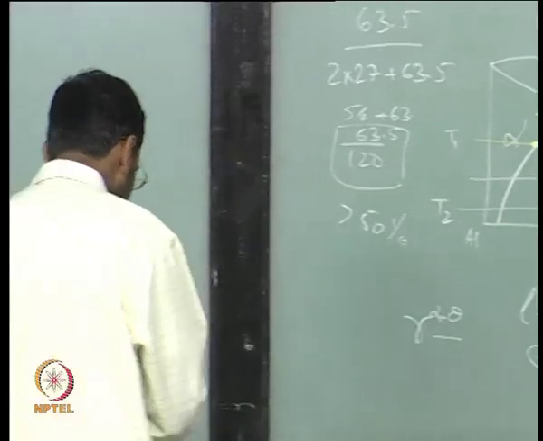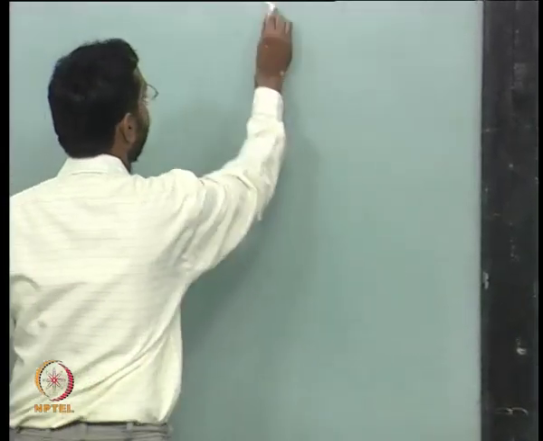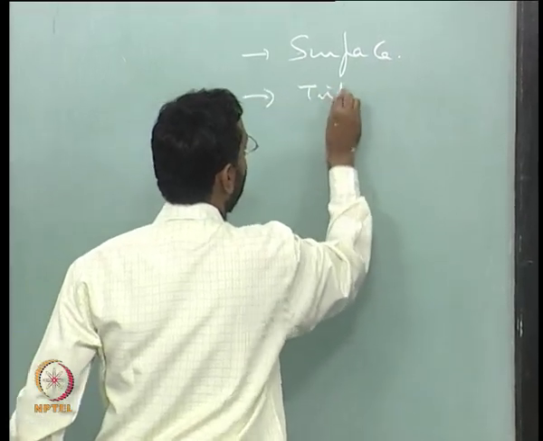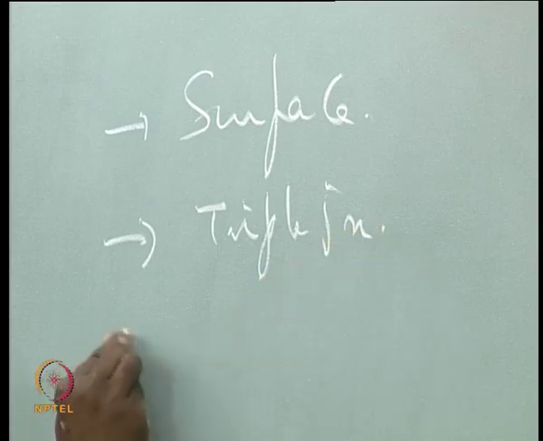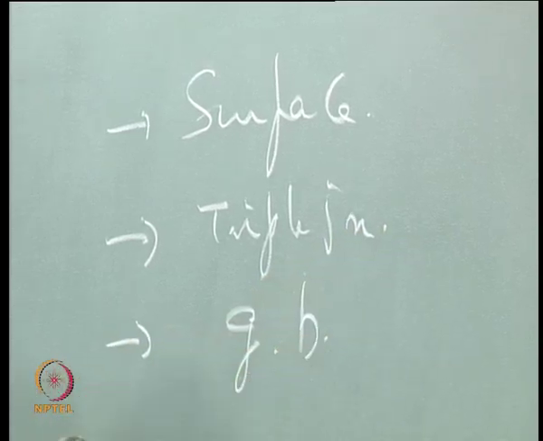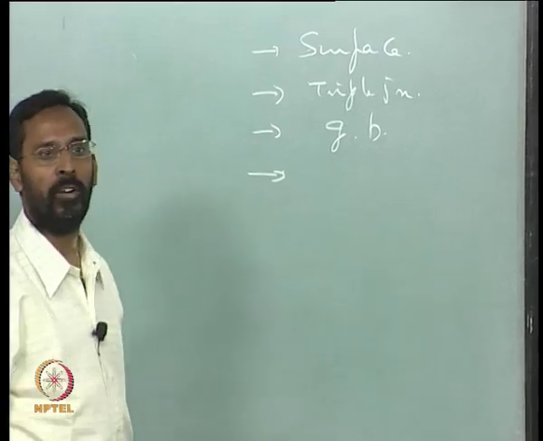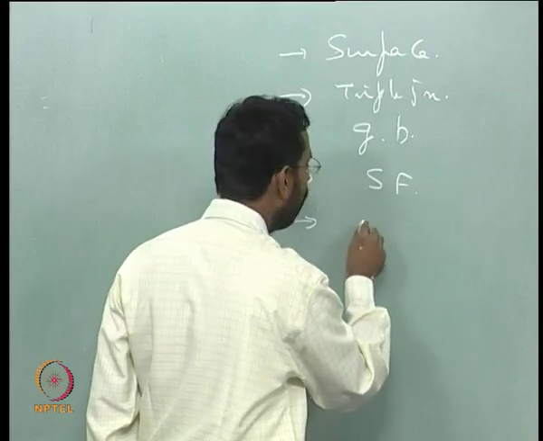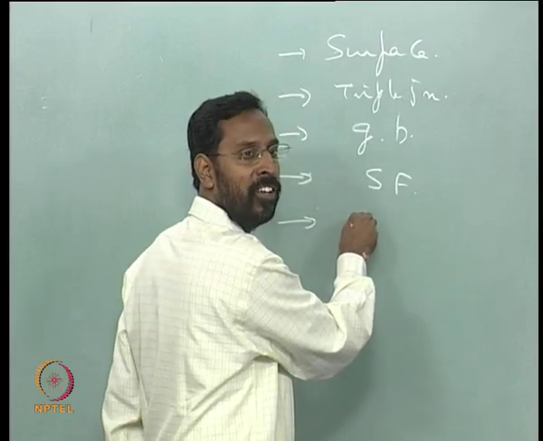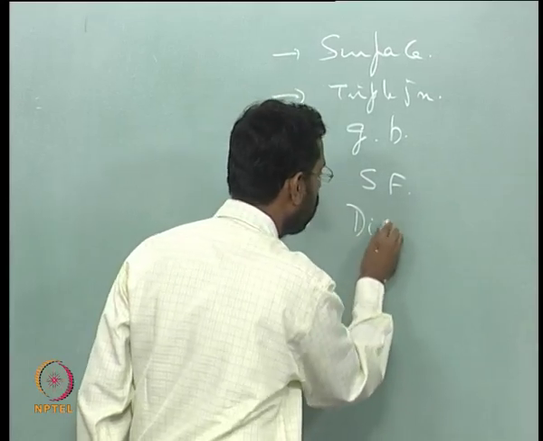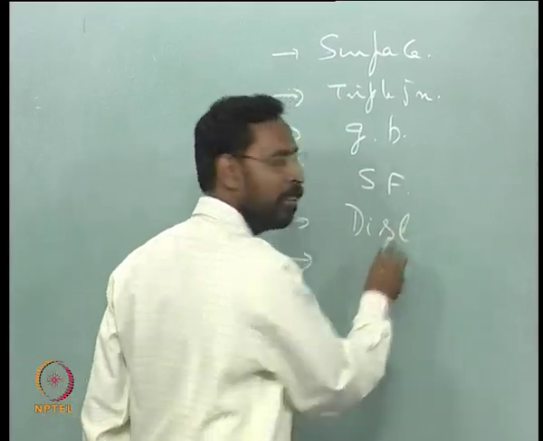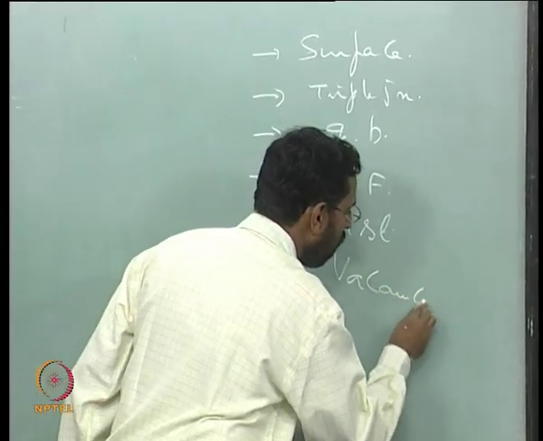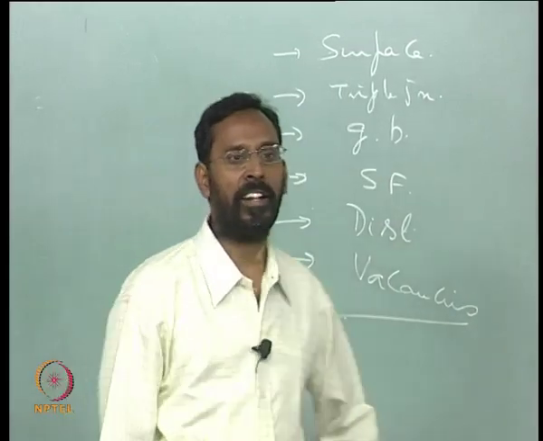I was talking to you earlier on the hierarchy of nucleation. I said surface first, second is the triple junction, yes, triple junction, then the grain boundary, then comes what you have just now said, stacking faults. After that comes, what is the previous answer that you gave? Dislocations. After that comes what? Vacancies. Perfect. These are all the hierarchy of nucleation,